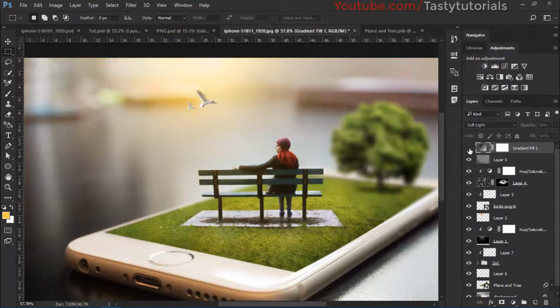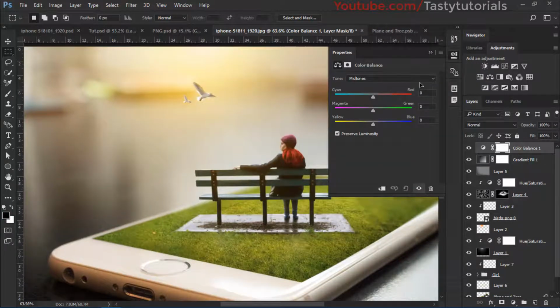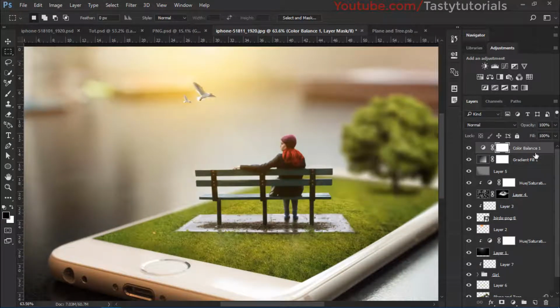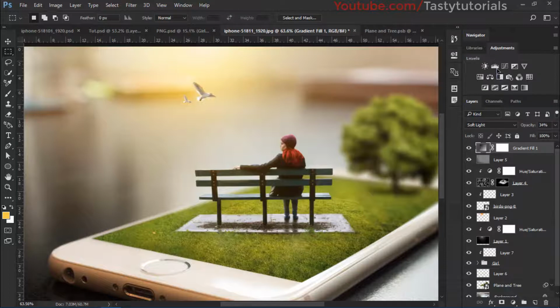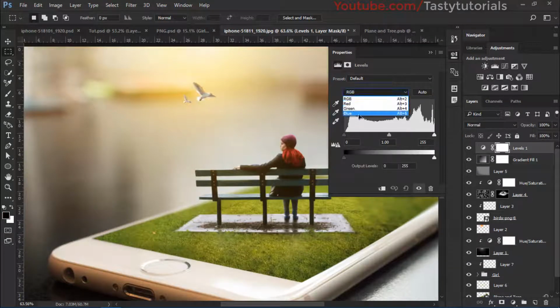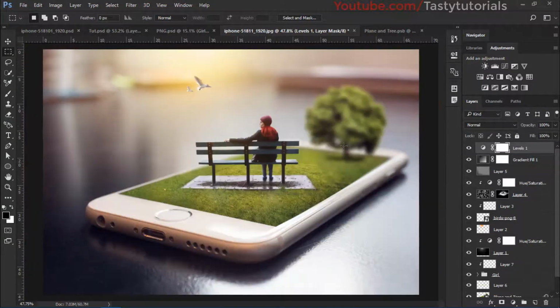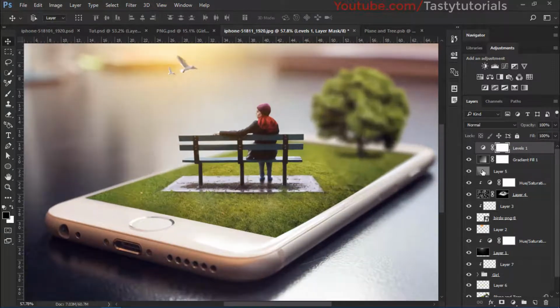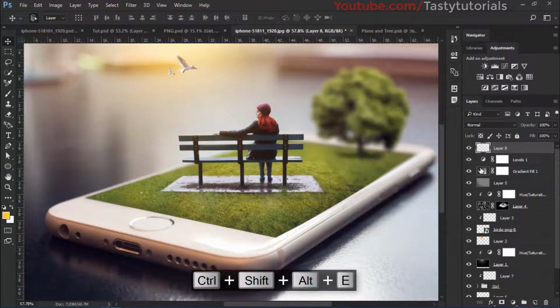Then I will create a levels, sorry, a color adjustment. I'll go to levels, change the RGB to blue, and that looks perfect. Great. Now we'll press Ctrl Shift Alt plus E to make a snapshot of this layer, name this layer as final,